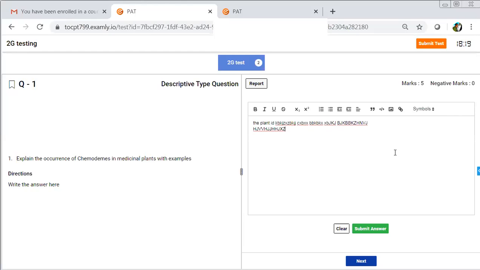In between, if you want to upload any images for this question, this is the upload image icon. You can just click this.